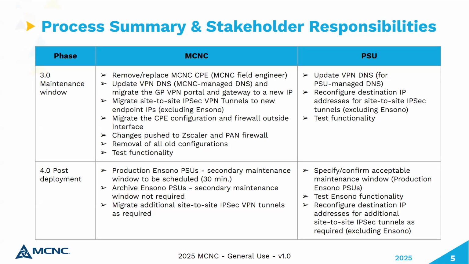So as Ian mentioned about the IPsec tunnels, if you have AWS or Azure tunnels that you manage yourself, we would like you to be ready to change the destinations for those tunnels so that we can move those tunnels. But as Ian mentioned, we know that some folks have connections for VoIP with a third-party provider, and we're happy to have a different time set up to do that change. But if there is something that's within your control, we'd like to do it during this maintenance window because that would just be the least amount of downtime moving forward.